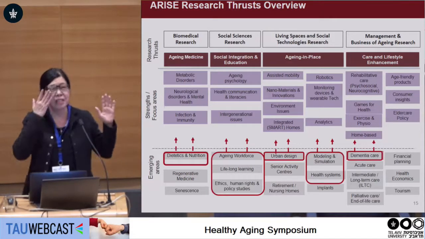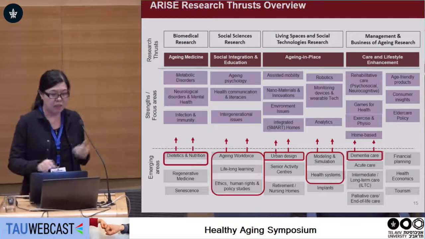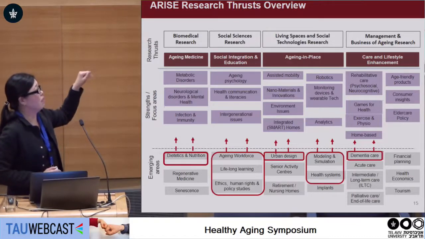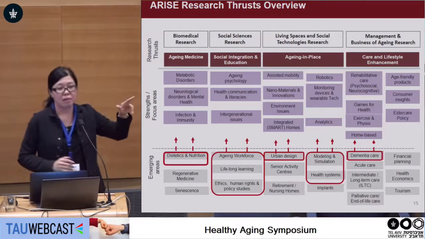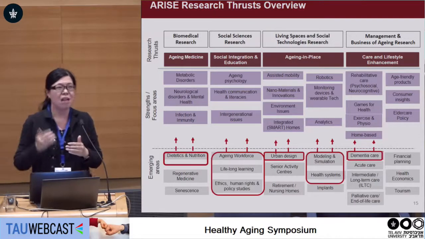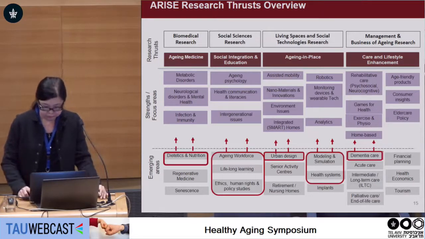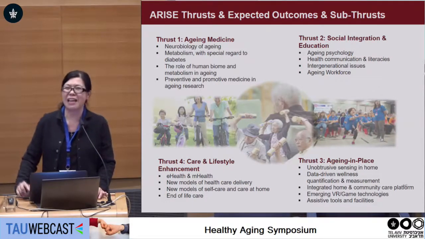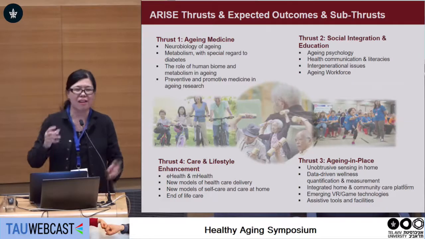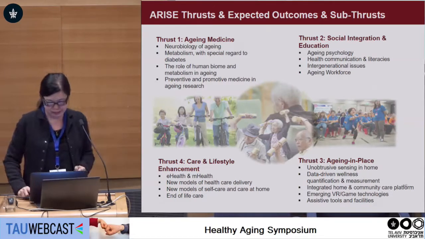Under the different verticals, the different trusts: aging medicine, social integration, and education, we see that in the middle portion you have the strengths and the focus areas, but we also have emerging areas that are becoming our strengths through grants and through seed funding. But there is a lot to do, and our trust leads have actually focused on specific 3 to 4 areas that we work in the different trusts.